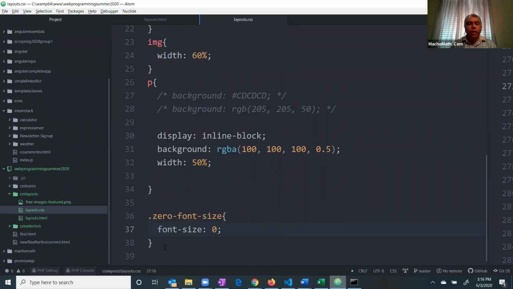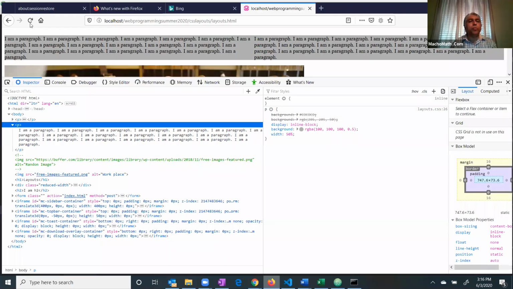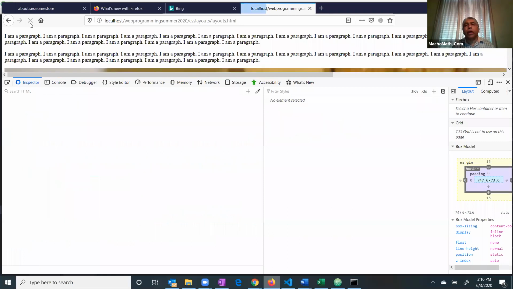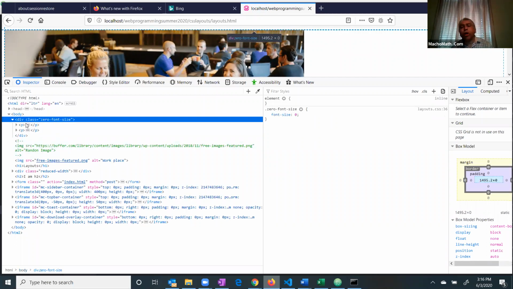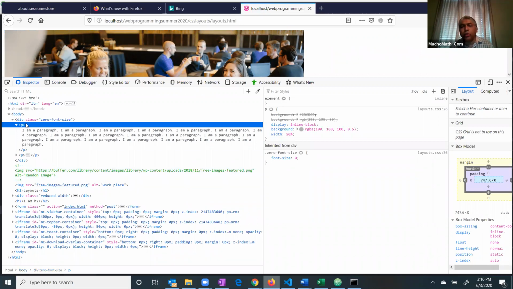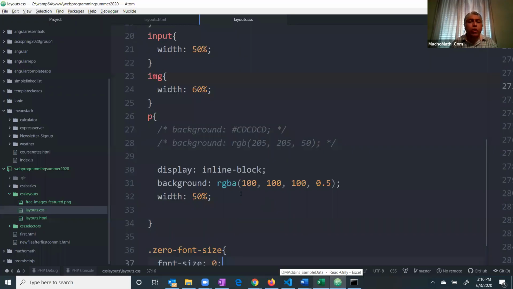Once I save it, what's going to happen is that this paragraph is going to go. Why? Because its font size is now 0. You can see this paragraph would be situated over here, but it is not visible because of this 0 font size. So we can come back to paragraph and say, hey, you paragraph, your font size